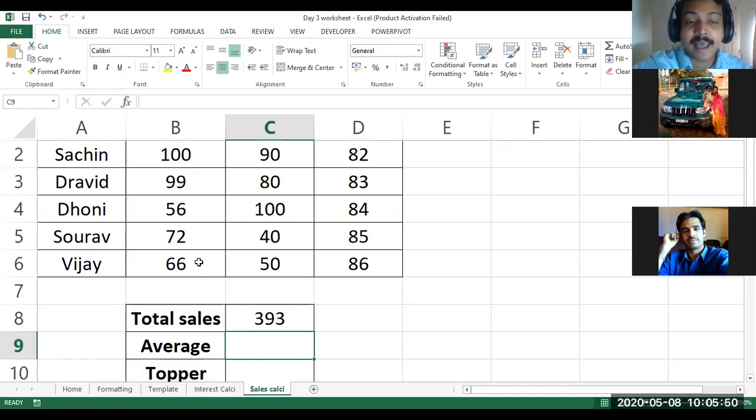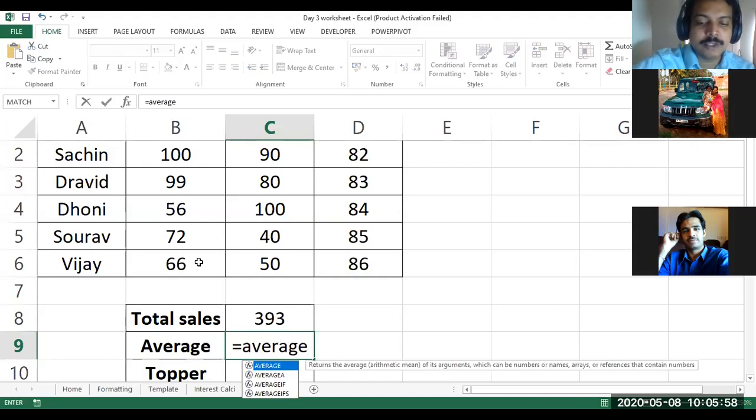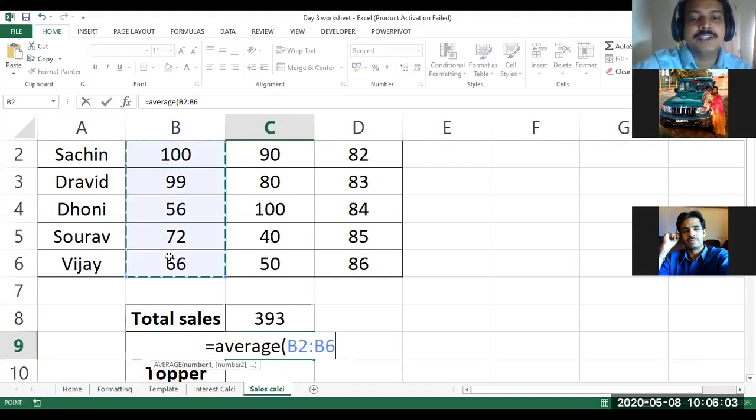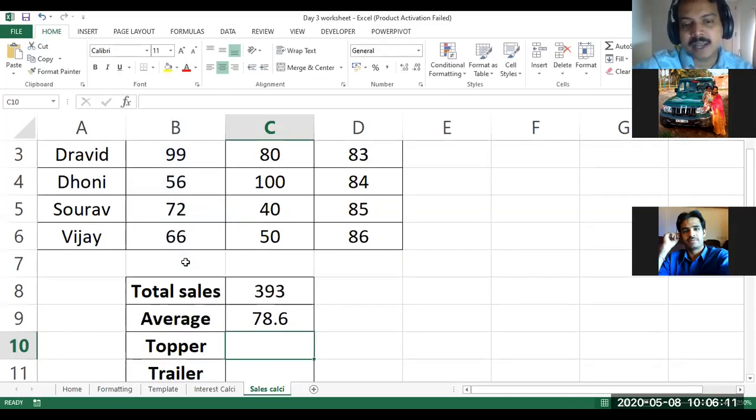The second one is to find the average sales per employee. How do you find that? We need the formula equal to average, bracket, and all these 5 sales figures need to be averaged. Again I select the same cell range, B2 to B6, close the bracket, press enter, and I get the average sales per employee.